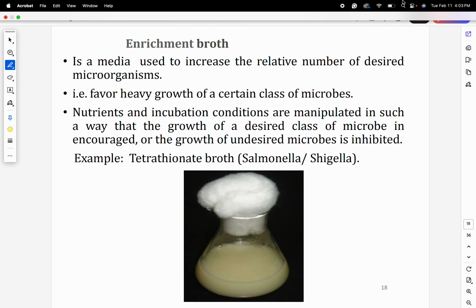Then we have enrichment broth, which is essentially the same as an enriched solid media, but of course in liquid form. We use it if we want to increase the number of cells present in the culture. So they favor heavy growth of certain classes of microbes. For example, tetrathionate broth for the growth of foodborne microbes such as Salmonella and Shigella. So tetrathionate broth is specially designed as an enrichment medium for increasing the number of Salmonella and Shigella